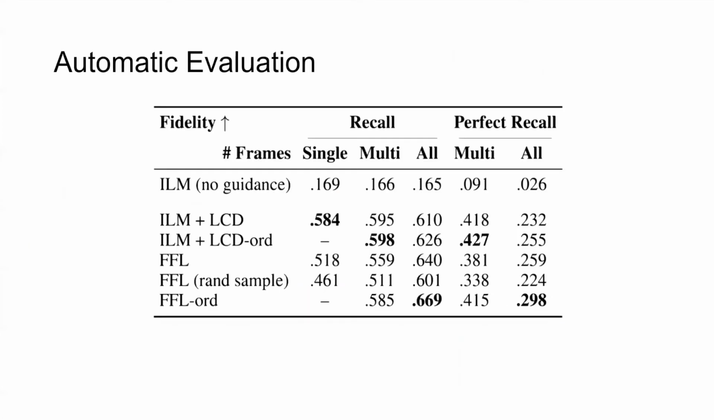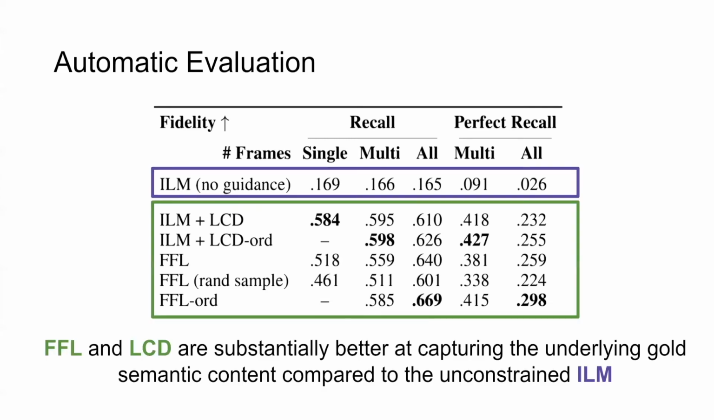In the first experiment, we test how well these models can recover the underlying frame ID sequence of the goal missing sentence. We hypothesize that the goal frame ID sequence contains the underlying semantic content, and we use a state-of-the-art semantic parser to extract frames from model-generated sentences, and we compare them to the goal frames using the recall measure. We see that both FFL and LCD are substantially better at capturing the underlying semantic content compared to the unconstrained